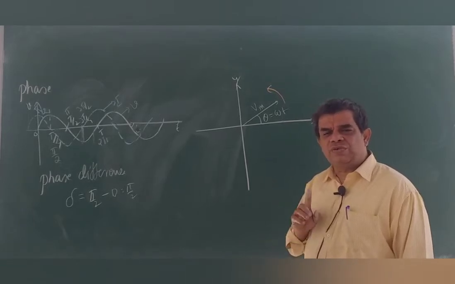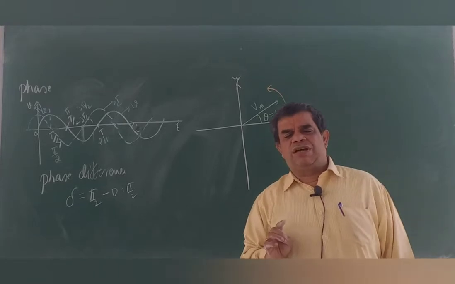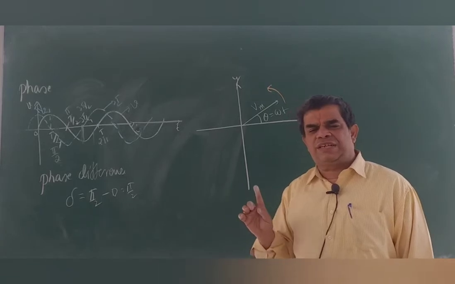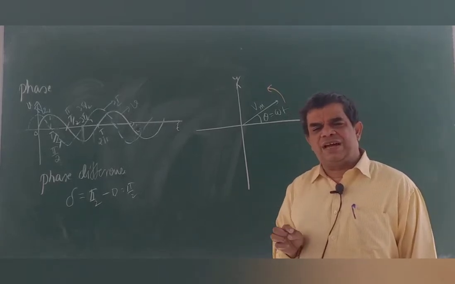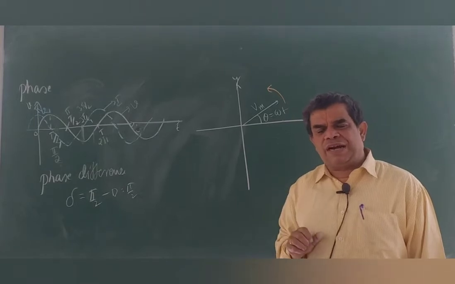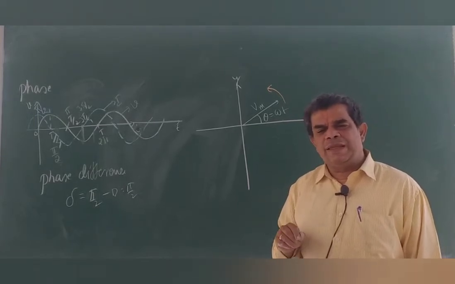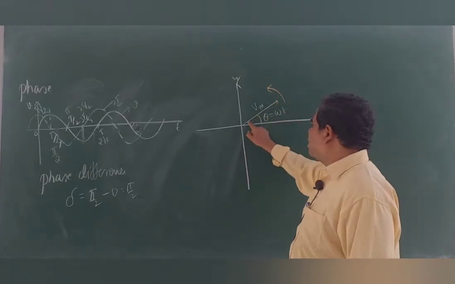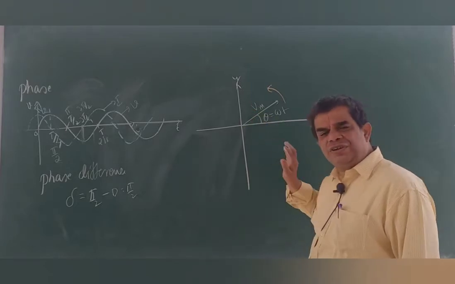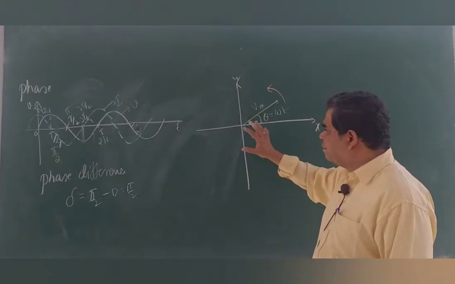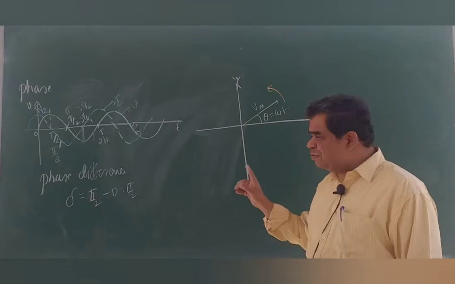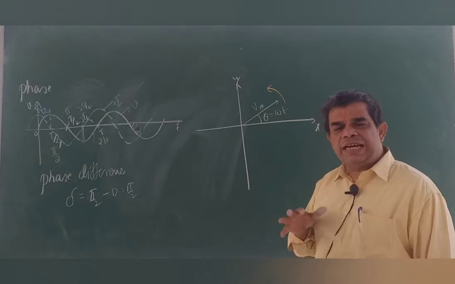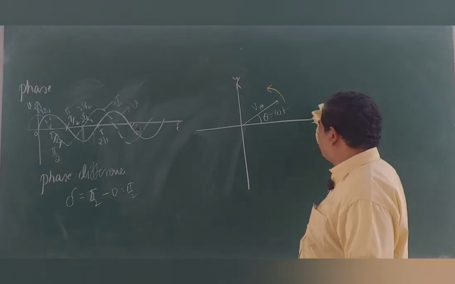This is the way in which we represent an AC voltage or current. The very important idea is that AC quantities can be represented as a vector which rotates in the anti-clockwise direction with respect to the x-axis, and the magnitude of that vector is always equal to the peak value, and the instantaneous value is given by the projection of that vector onto the y-axis or onto the x-axis. That's how we represent AC as a vector. By using this, we learn how to represent phase difference in different forms. We start with that one by one.